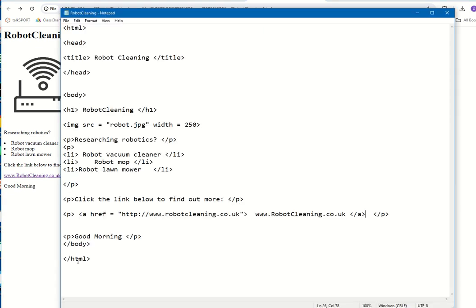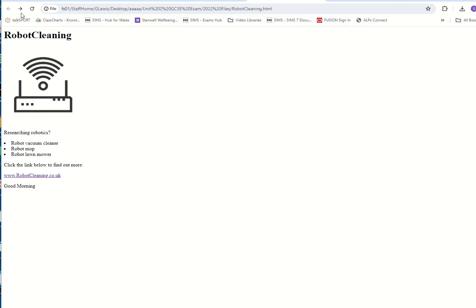Okay. Should they ask for anything to be emboldened, remember, if you don't close bold, everything will be in bold afterwards. So make sure you close bold. Now, just as good practice, if it says it's got to be italics as well, let's say italics. You close the italics inside, not outside. Again, it'll work fine, and if I refresh this, you'll see that robot mop is in italics